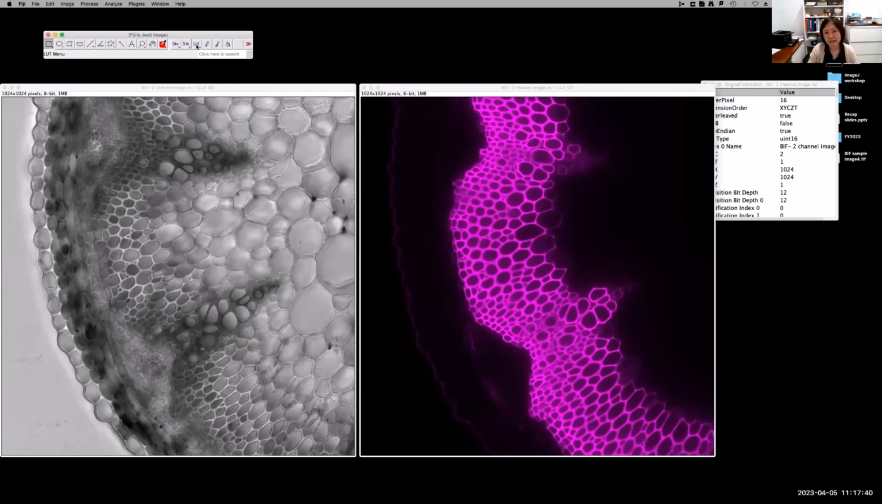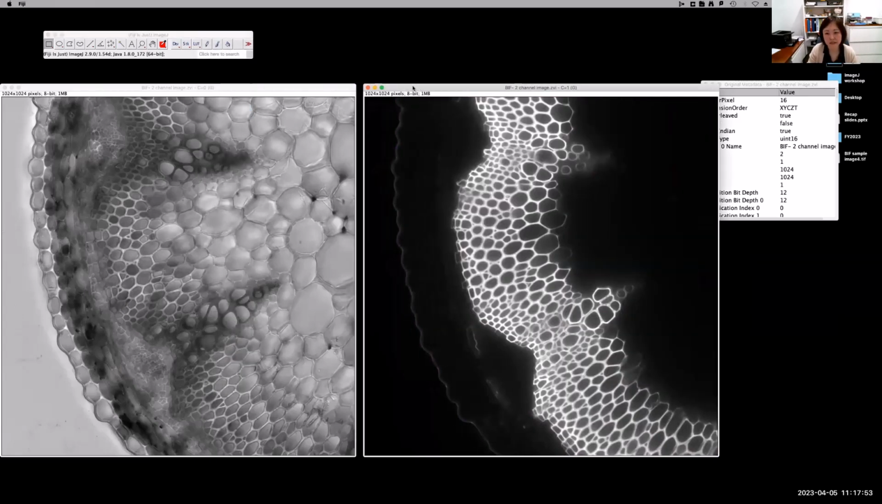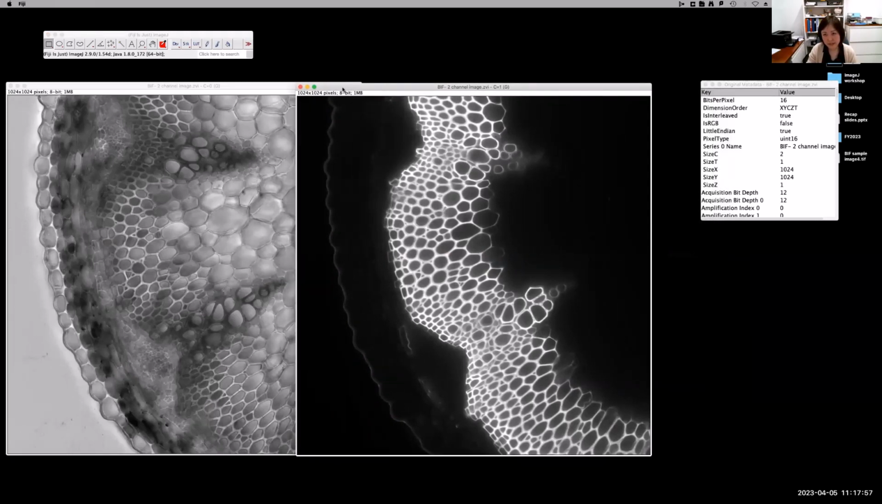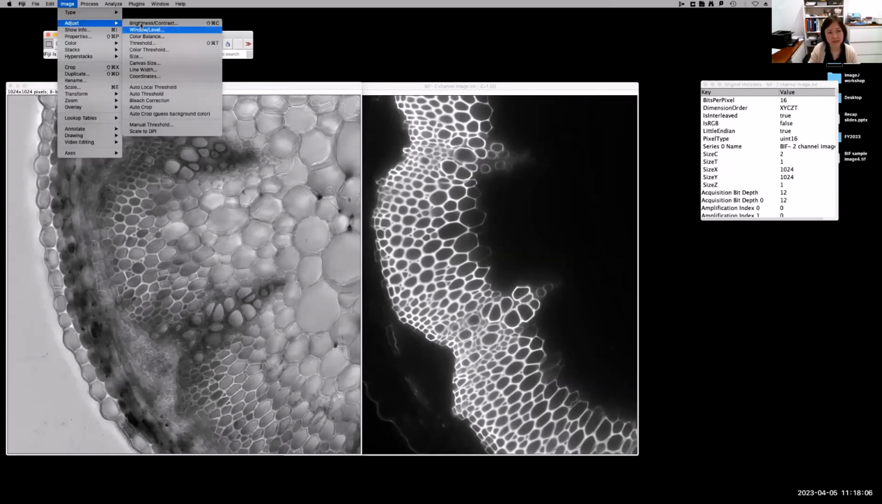So this LUT icon is very useful when you want to add pseudo color. Okay, so I'm just going to give gray for this image. Before merging the channels, I usually do brightness and contrast adjustment. So if you go to Image and again Adjust, Brightness/Contrast,